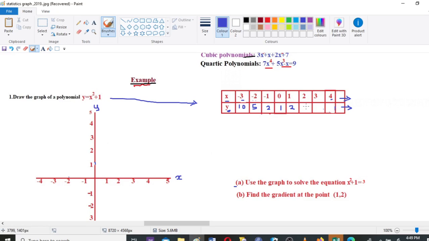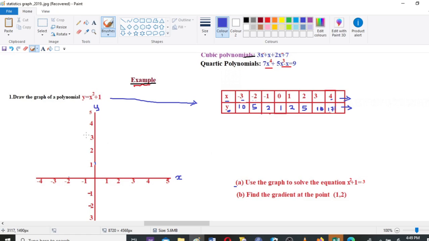I'm going to have 5 if my x is 2. If my x is 3, I'm going to have 10. If my x is 4, I'm going to have 17. Okay, so you can proceed if you want. With your x values, you can keep choosing x values and use the equation here to solve for y values,